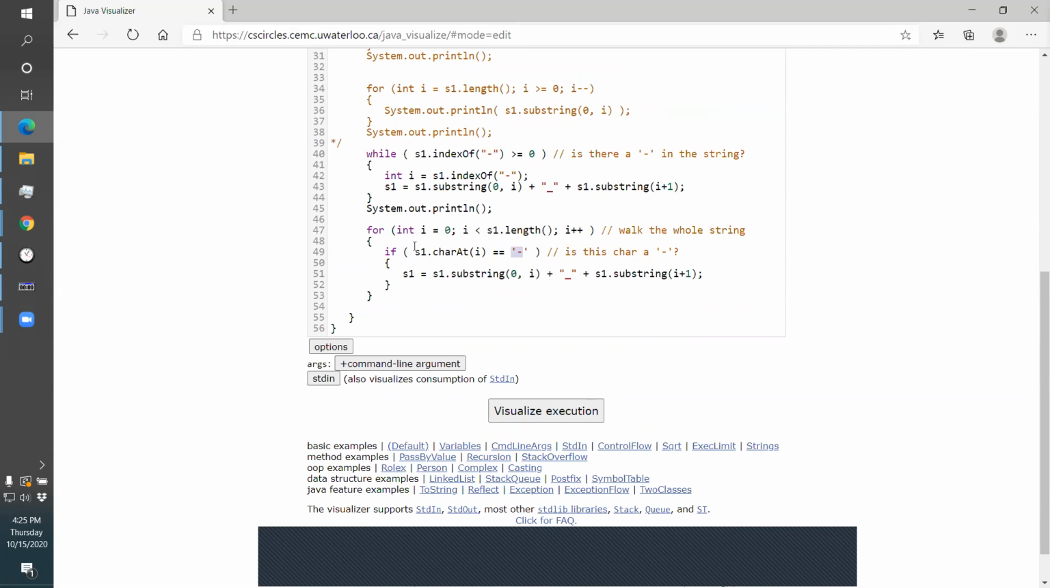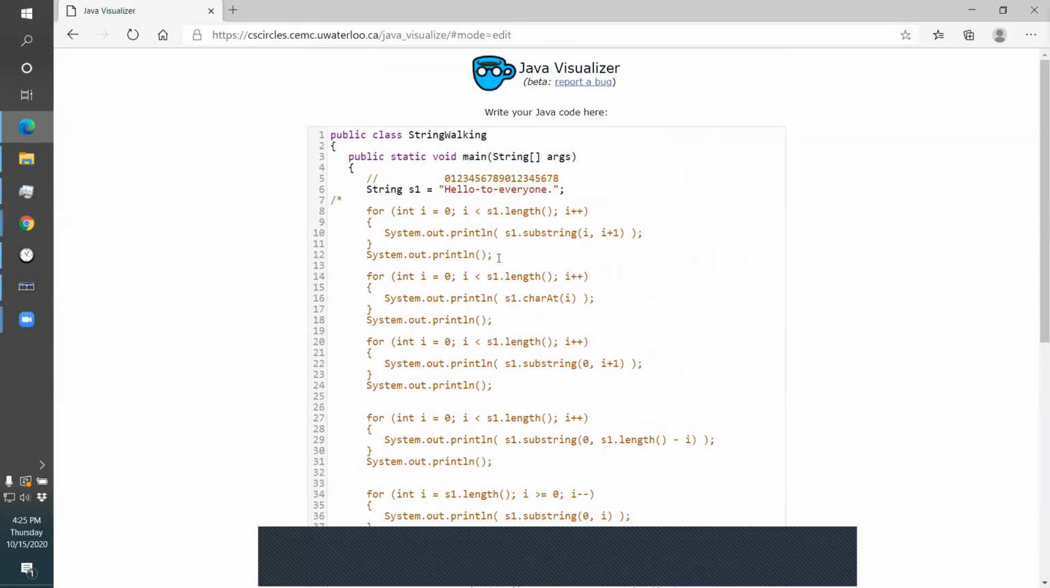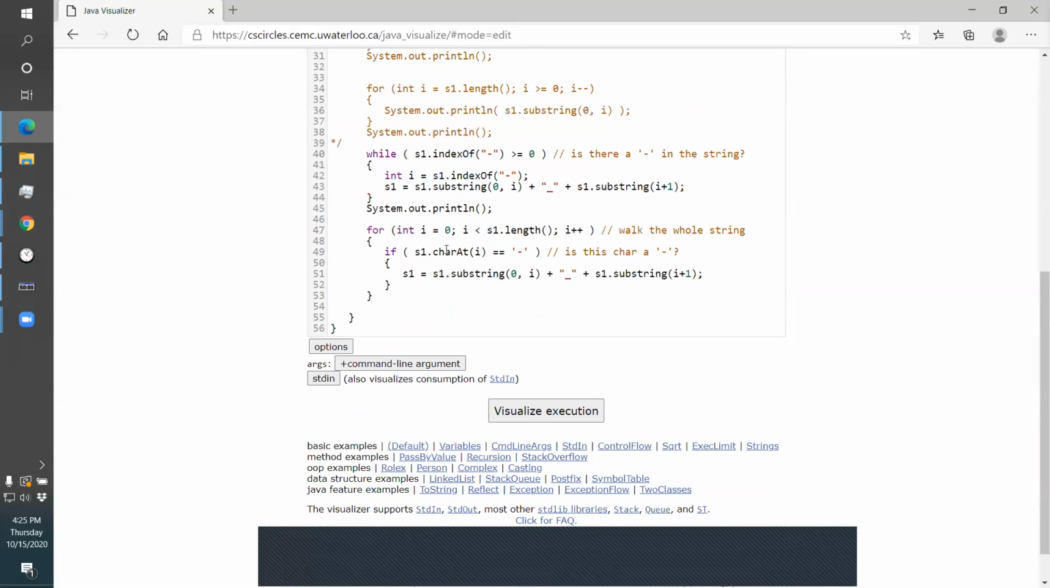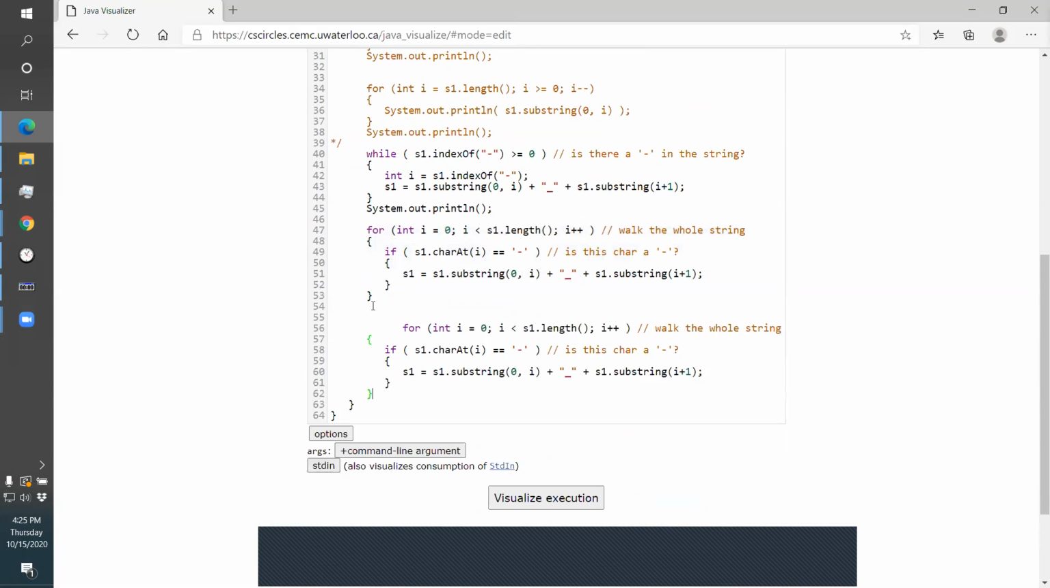Okay. I could have used substring here. It's just like we did over here. I could use substring to find a character, or I could use charAt to find a character. If I used substring here, let me actually write it for you using substring, show you how I would change it. So here's the version of that one using